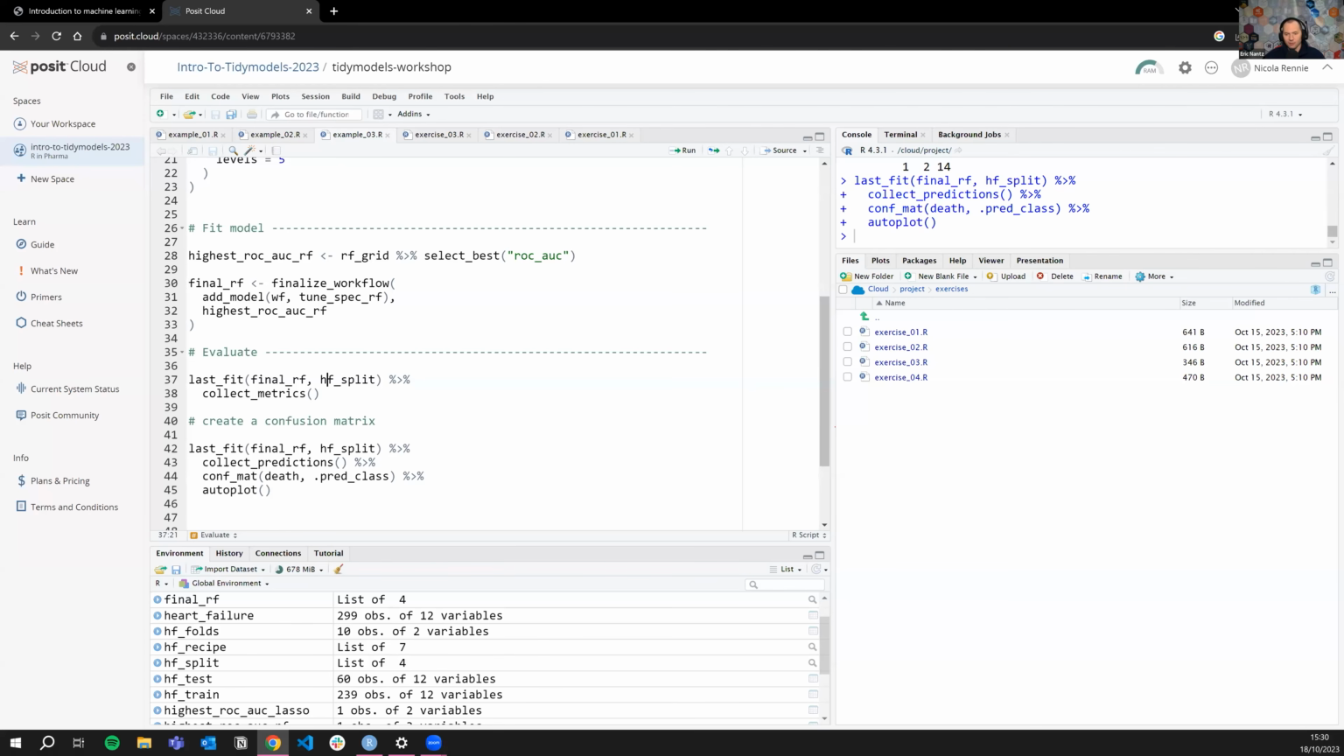There have been some questions about some clarification on, is that taking care of applying some of the pre-processing steps you flagged earlier on the testing set, or is that not relevant here? It's doing everything to both data sets. So if you work your way back through, we have this last fit function. The first argument is this final RF, which is the finalized workflow